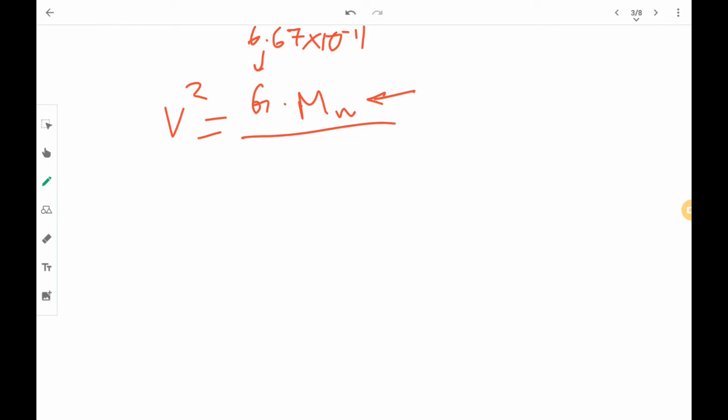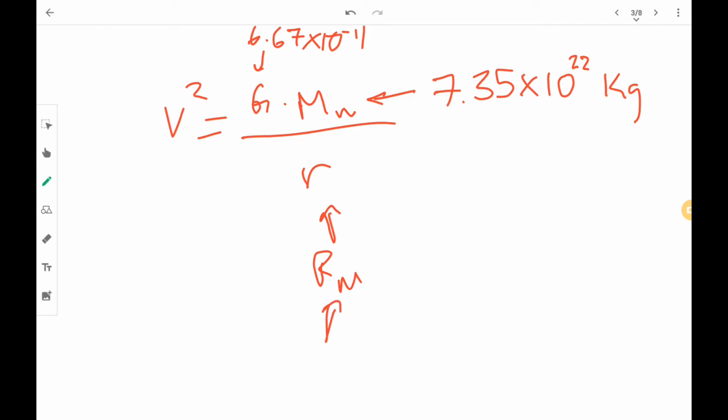They gave it to us, it is 7.35 times 10 to the power of 22 kilograms, over the total r, which is the radius of the moon. They gave us this, 1.74 times 10 to the power of 3 kilometers, plus the height, which is the satellite from the surface of the moon, which is 80